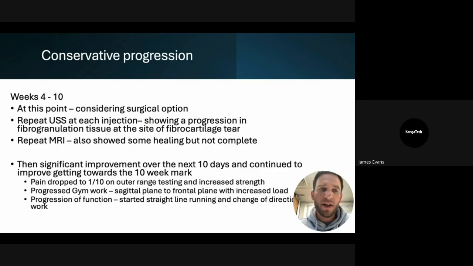The pain dropped down to a 1 out of 10 on the outer range testing, and the strength improved. The gym work was progressing from sagittal plane to now working in the frontal plane and adding the load. We could, again, in that frontal plane, start off getting deeper into hip flexion and working laterally onto a higher step. We progressed this function outside, so we started straight line running and started some change of